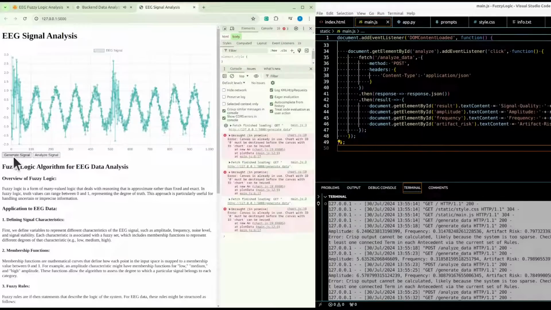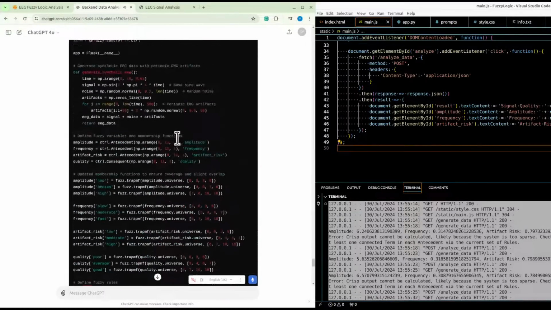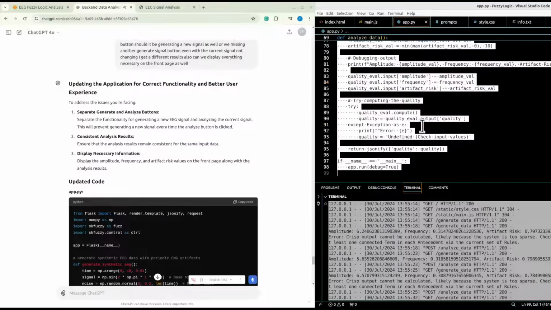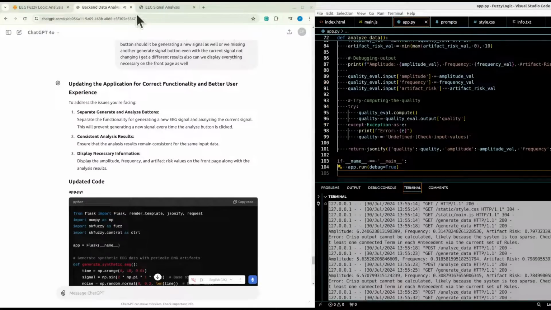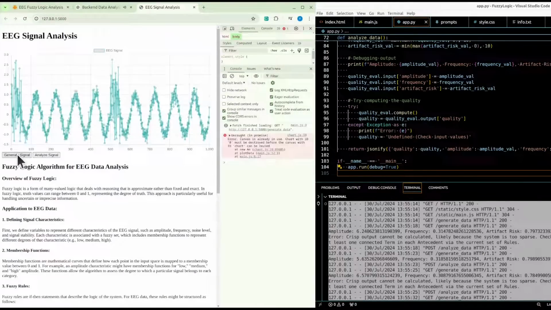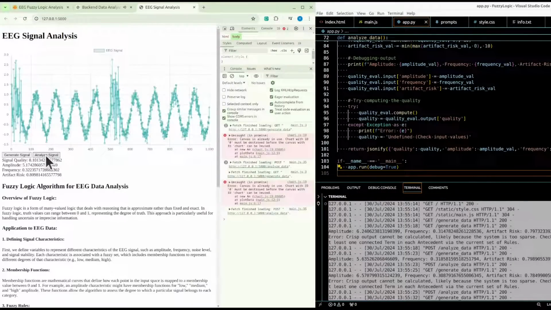On the front end, managed by main.js, there are now two distinct buttons: Generate Signal and Analyze Signal. The Generate Signal button fetches new EEG data from the server and plots it on a dynamic chart using Chart.js. The Analyze Signal button sends a request to analyze the currently stored EEG data without generating new data, ensuring consistency in the results. The analysis results, including the signal quality, amplitude, frequency, and artifact risk values, are displayed on the